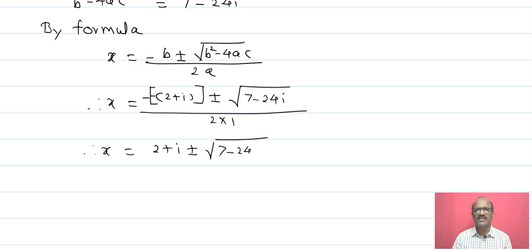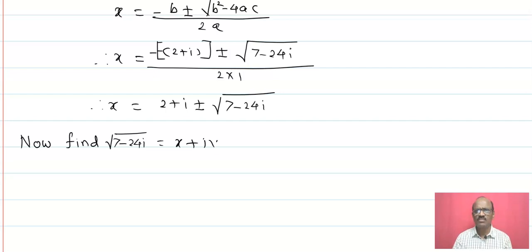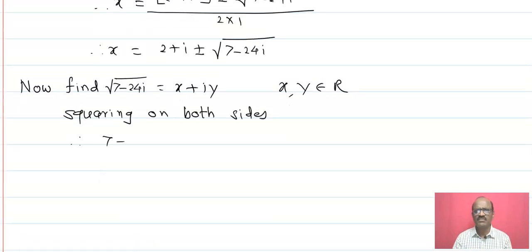Now see this: minus b plus or minus root of b square minus 4ac. We are substituting the values, root of 7 minus 24i. Now after simplification you are getting x is equal to (2 plus i) plus or minus root of (7 minus 24i). I forgot to write there divided by 2, and shortly I will write it. Now find the root of 7 minus 24i